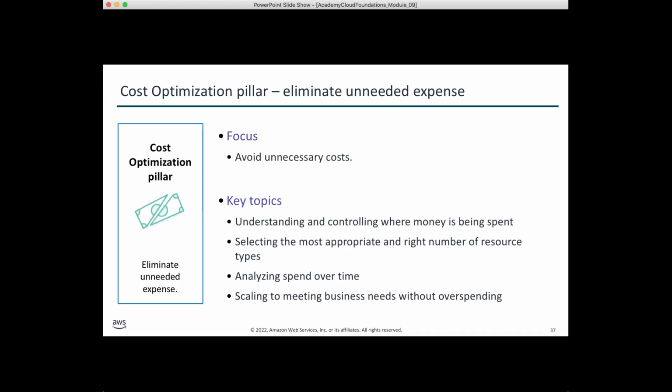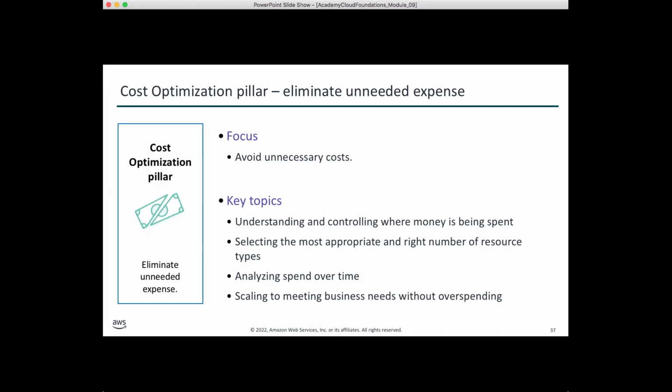Now, the key topic here is understanding and controlling where the money is being spent. We have looked at cost and cost management in the second or third week, right? Selecting the appropriate resource types, as well as the right number, right? Analyzing spend over time, but it should be a continuous exercise,